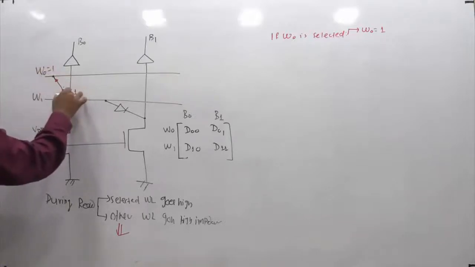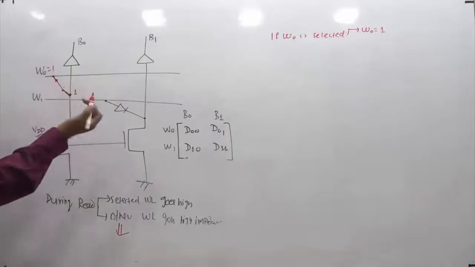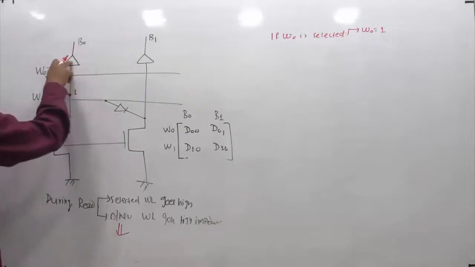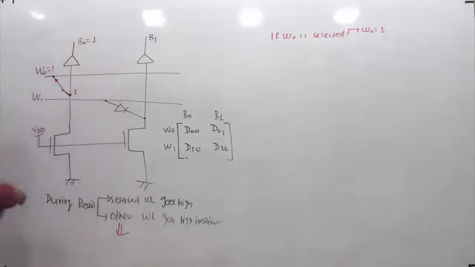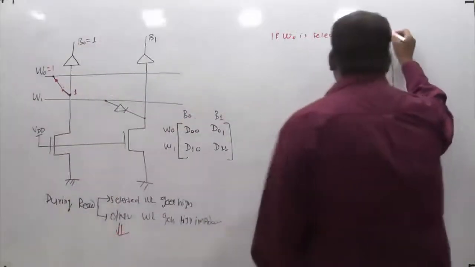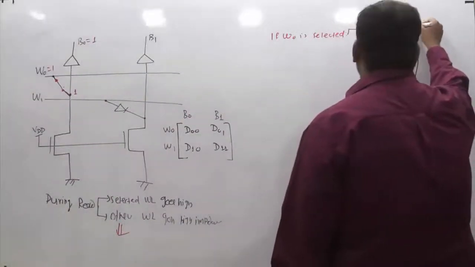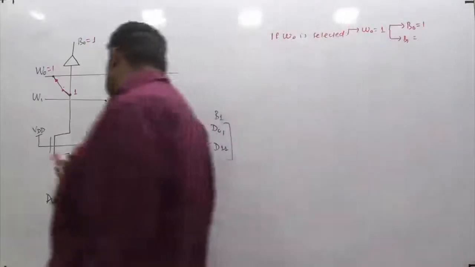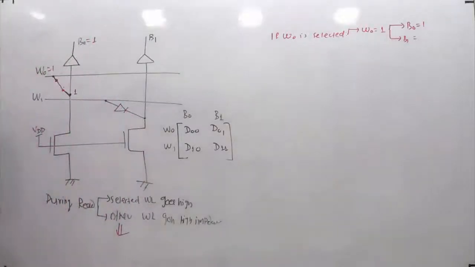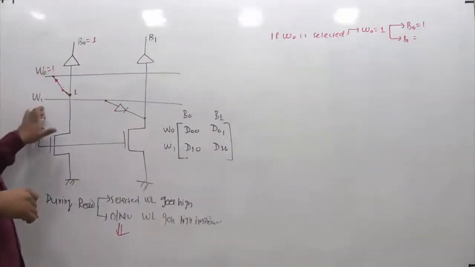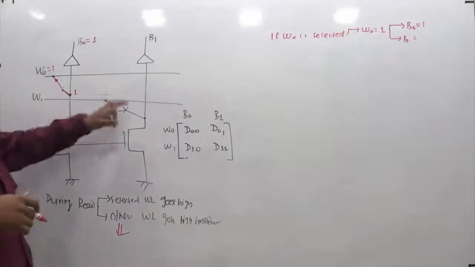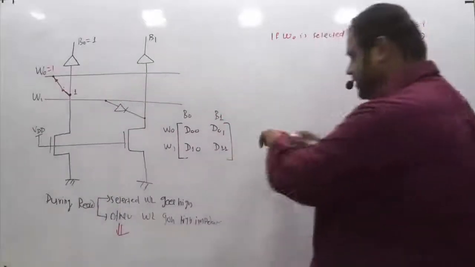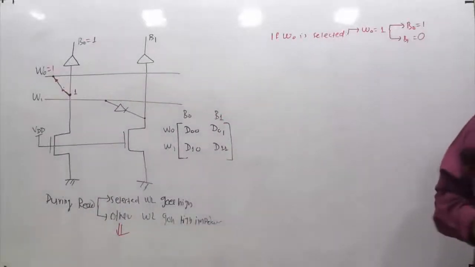And if I am saying this is logic 1, this point voltage is also 5 volts, which is equivalent to logic 1. And if this is logic 1, you see the same line is connected to this sense amplifier. So B0 will definitely equal 1. So when W0 equals 1, we can see B0 equals 1. And what about B1? If I am saying W0 is selected, then W1 is in high impedance state. So this line is no way going to play any role here, and by default we are not getting anything. So by default we will take B1 equal to 0. See, in digital systems there can be two possible states, either low or high.